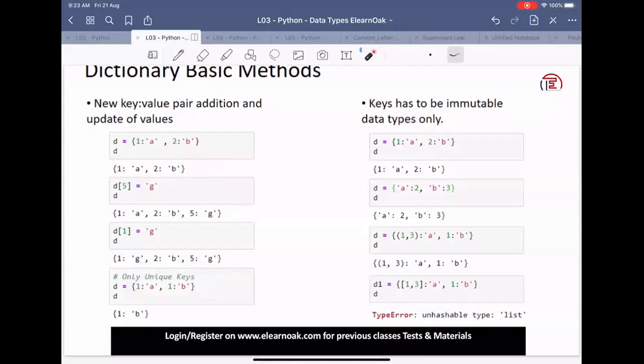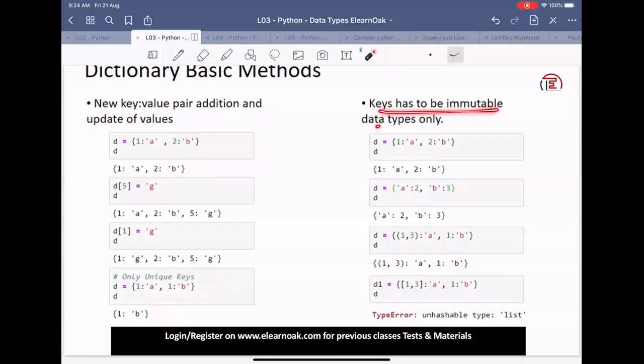Okay. We can also update elements of a dictionary using the same idea. When I say D of 1 is equal to G, we know that there is already an element here with the key 1. When we do this, it updates its value from A to G. Okay, so that is how we can update these values. We can have only unique keys. Okay, so here if I try to have two elements, both having the same key 1 and 1 with values A and B, Python does not accept it. Python takes the latest key as the right one. Okay, so you can only have unique keys within Python.